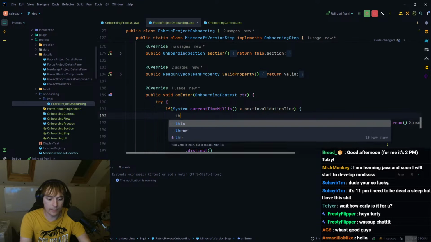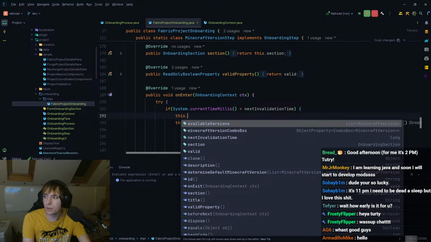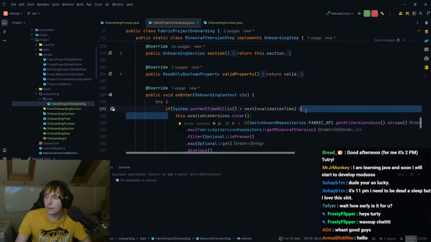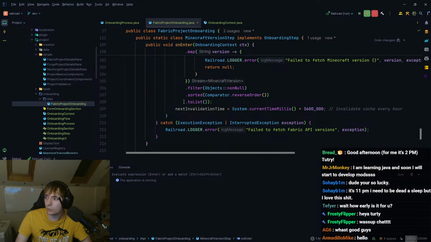And we can just clear it. So we can do this.availableVersions.clear. Actually, we can't do set all, can we? Because set all just doesn't exist. But we can clear it, and then we can add them all, and then we can set